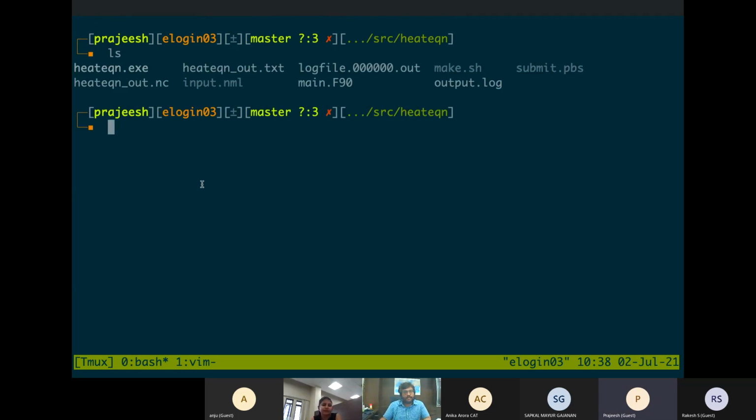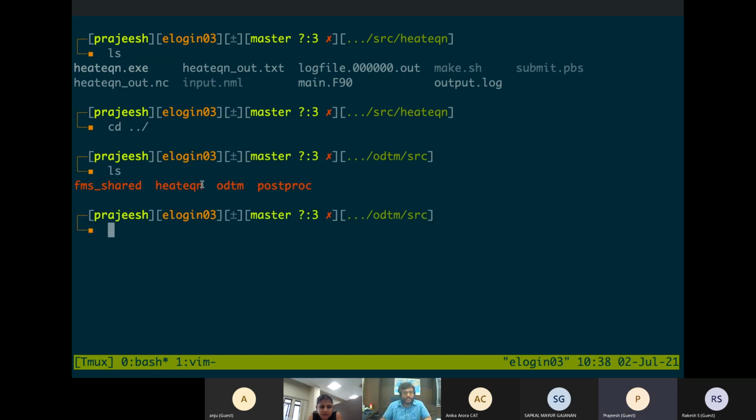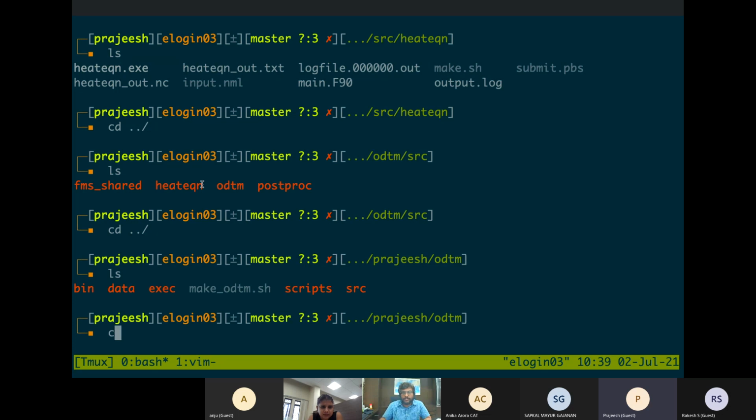So I have already made the source code, the basic structure of that file. I've kept it inside the ODTM source directory. Actually, I haven't pushed it yet.